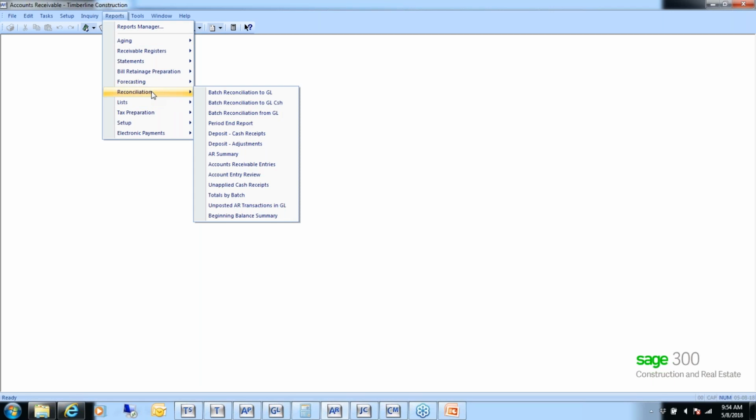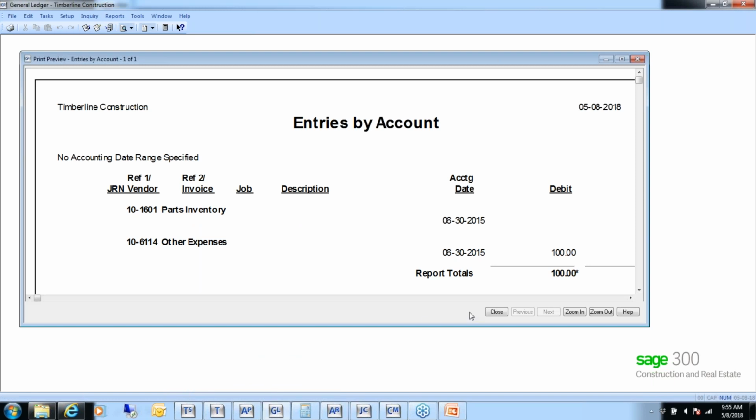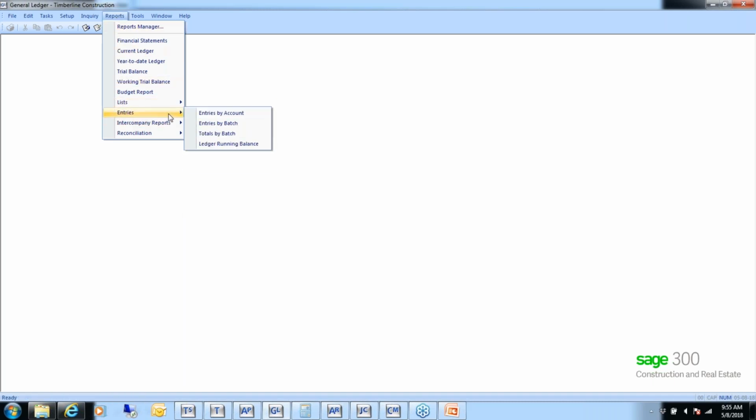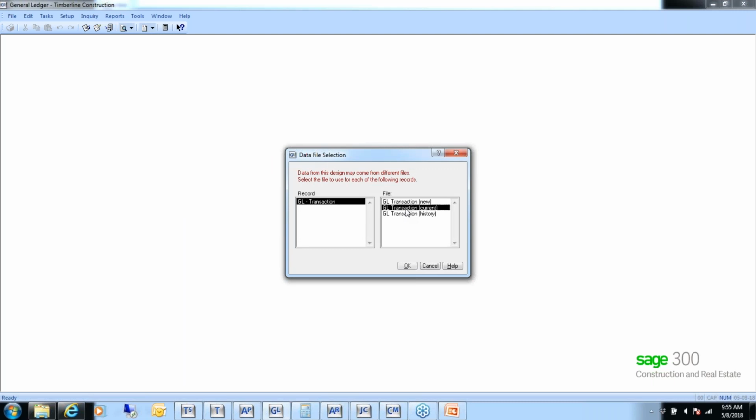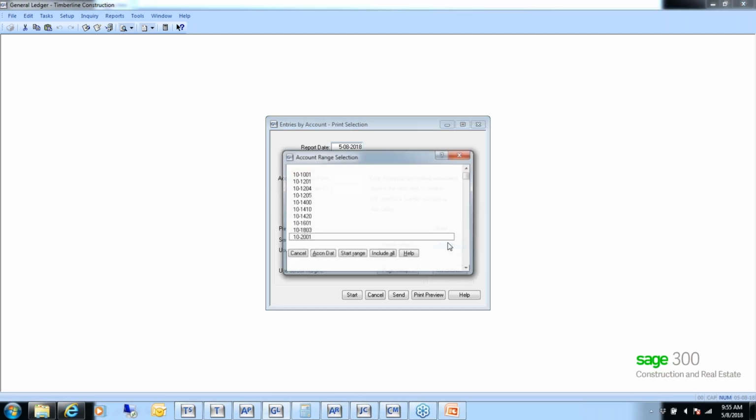It's usually one of two things. Either there's an entry in the new file that has not been posted, or the other thing, and this can be true for both AR and AP. Let me come back to GL for a second. If you run reports, entries, again, entries by account, and this time run it on the current file, if you are looking for your out of balance for AP, what I would recommend is use the ranges button,